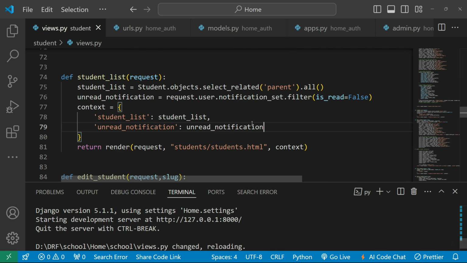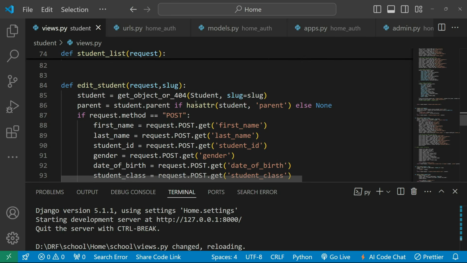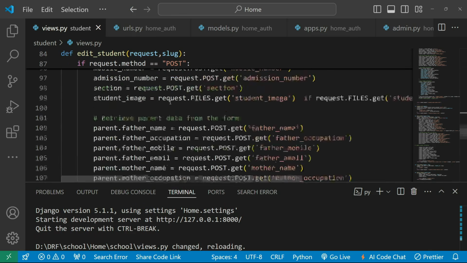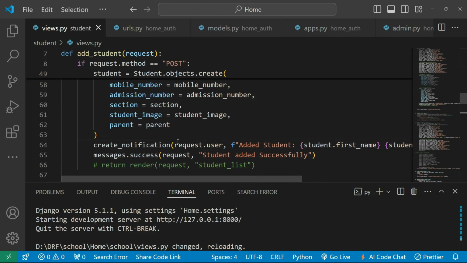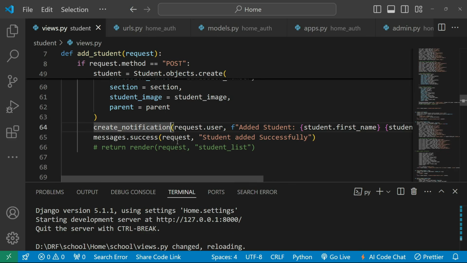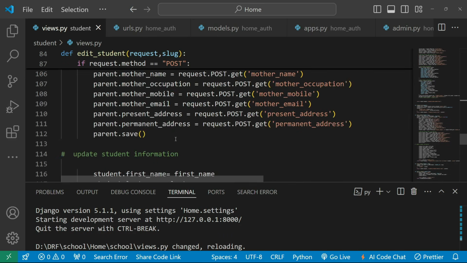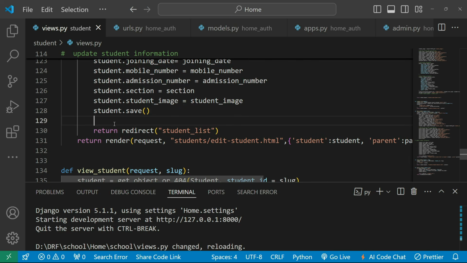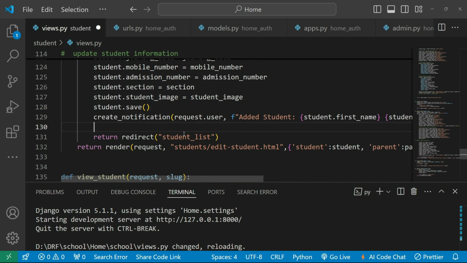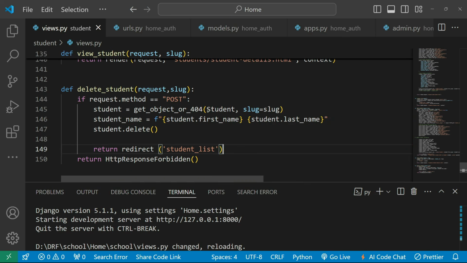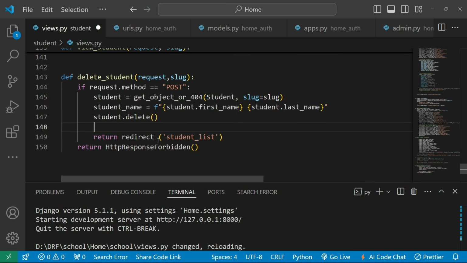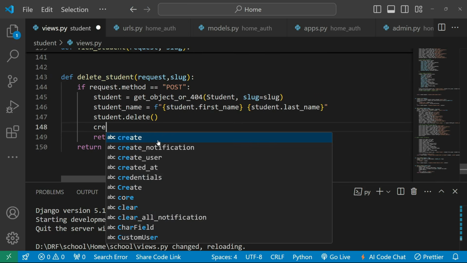Let's save it, and also make the changes in our edit student. So let me copy the above code. I will copy all these things and paste it here in the edit, and here we will define it. Let's save it again. In a similar way, when the user deletes any data, then also provide a notification. So right here, create